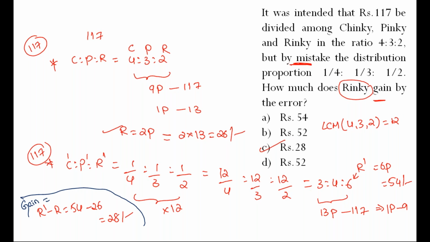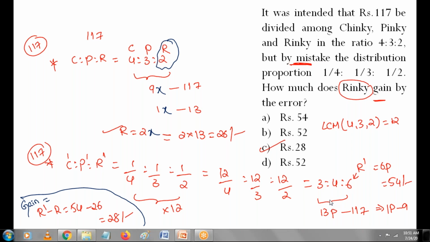Let's see the next one, friends. R equals 2P. See, Rinky is 2 parts. Bindu Priya, see, what is R here? 2 parts. Okay, fine. You may find it difficult, since P is already there, you may get confused with that. So 9x is this, and 2x. Here P stands for parts actually. Again, to avoid your confusion,